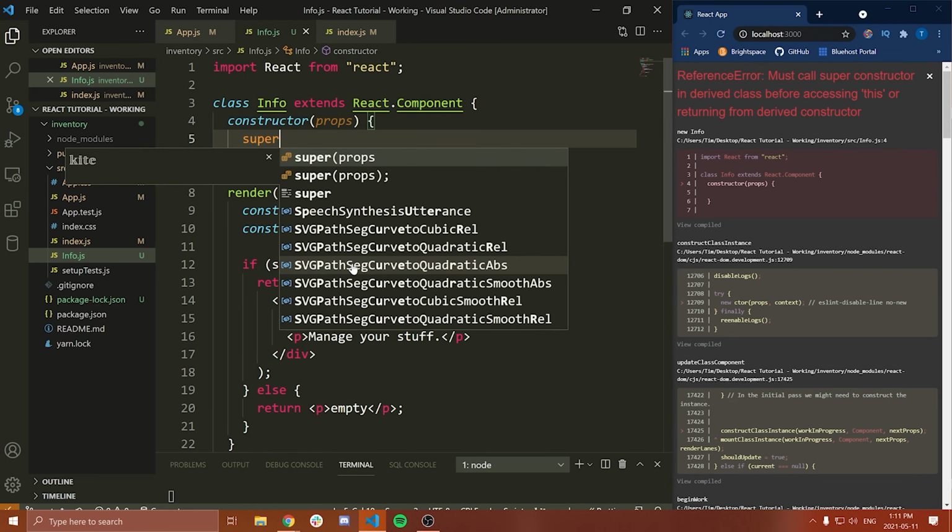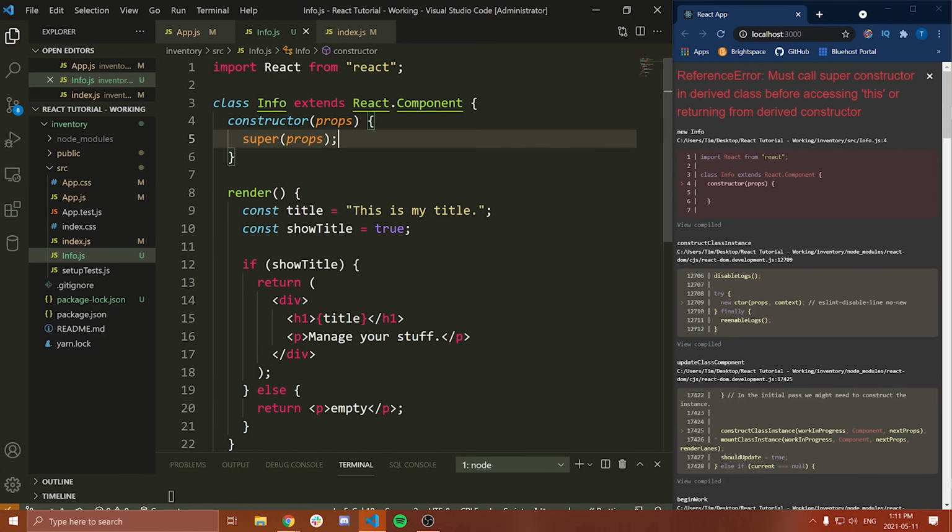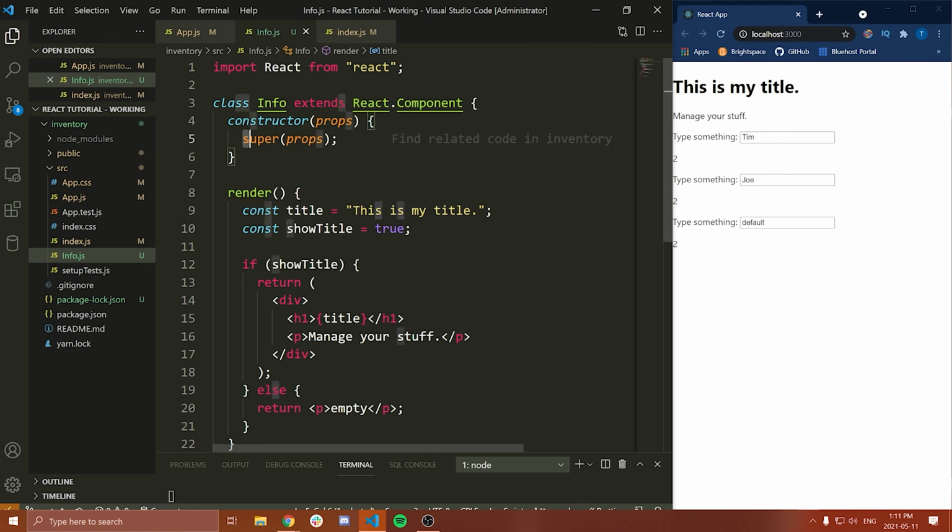And then what I'm going to do is call the super constructor and pass through these same props. Now, it's very important that you call this super constructor here. What this is doing is calling the constructor of the class that you are inheriting from. So in this case, React.Component. The reason you need to do this is because this here has its own constructor. That constructor is going to set up the actual component. And you need to manually call it when you go ahead and override the constructor inside of the child class. And you need to make sure you pass through the same props that are accepted in this constructor to the super constructor so that it will do everything properly and you won't run into any errors.